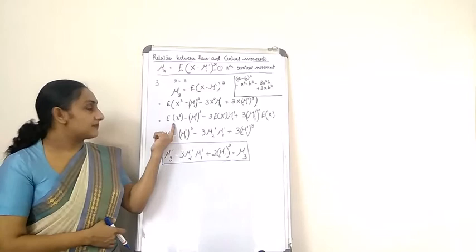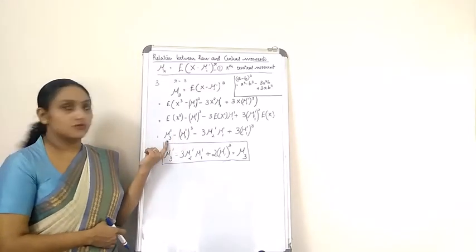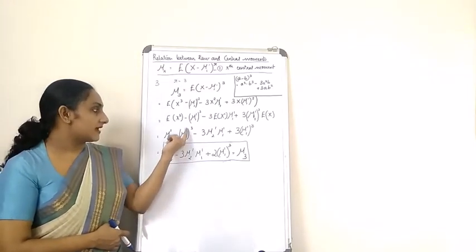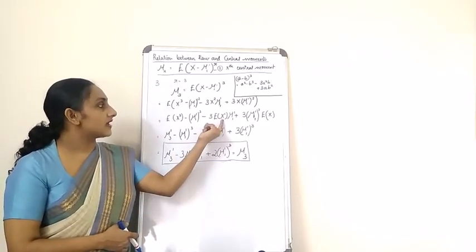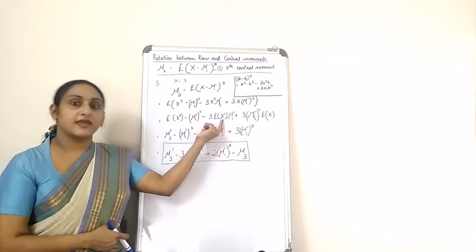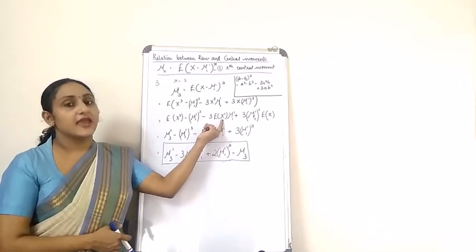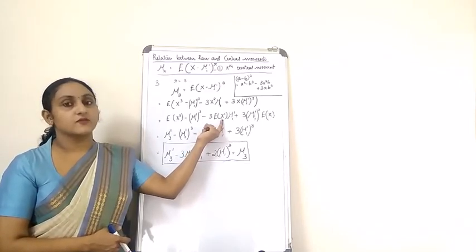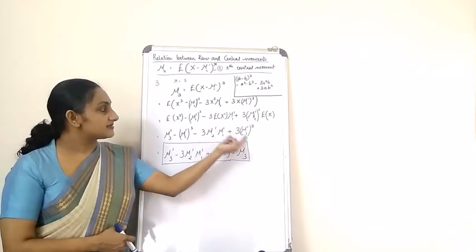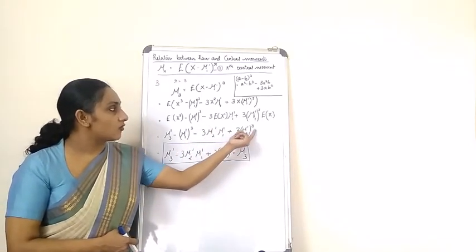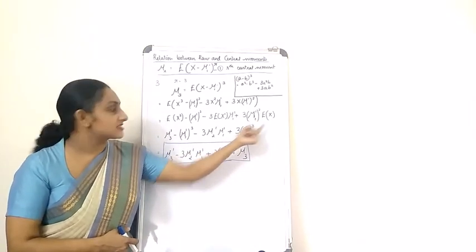So applying that result over here, I get (mu3' minus mu1')³, that I have just written down, minus again here you get expectation of x squared. Again I am applying the same result, that is expectation of x raised to r is equal to mu r'. Over here I get mu2' times mu1' plus 3 times (mu1')³. This is nothing but mu1' itself.